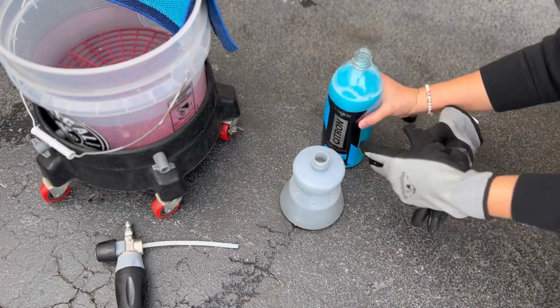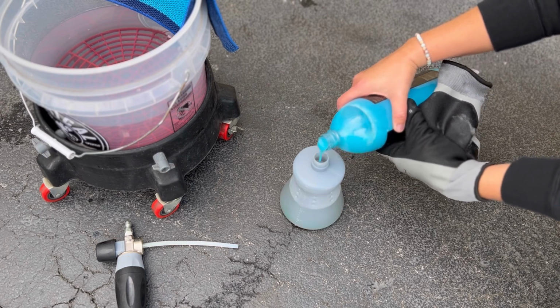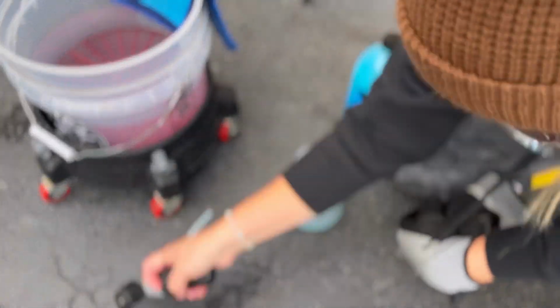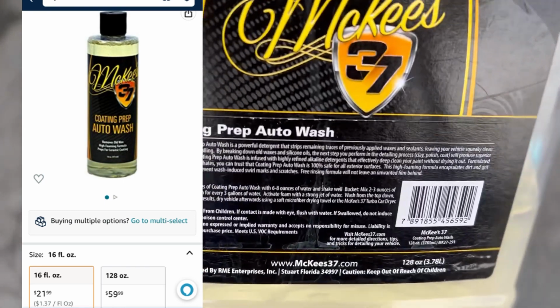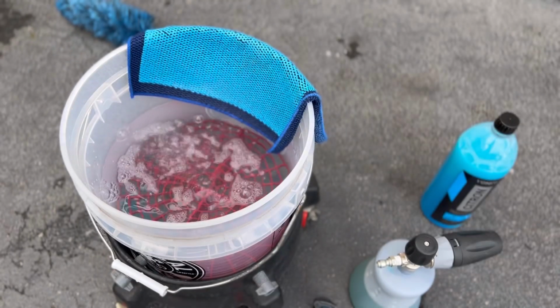Before we put the coating on, you want to make sure there's no protection whatsoever on this vehicle. The dealership had applied something to this, so we need to strip it off. We're going to be using Vonix Citron, a higher pH alkaline soap, and McKee's 37, their Coating Prep Auto Wash. These two products are going to do a really great job of weakening the protection,